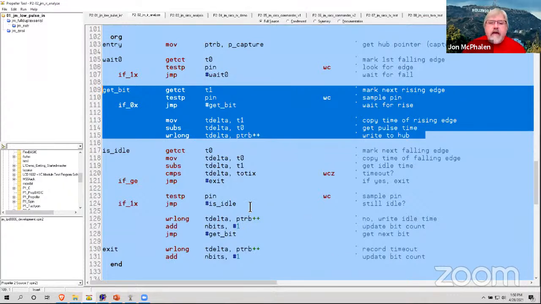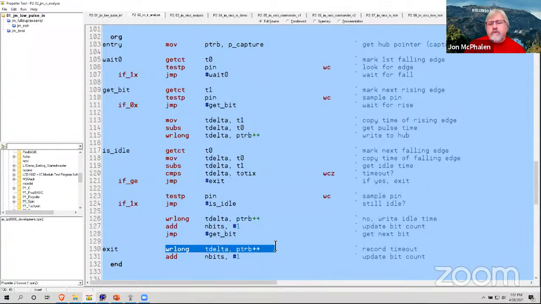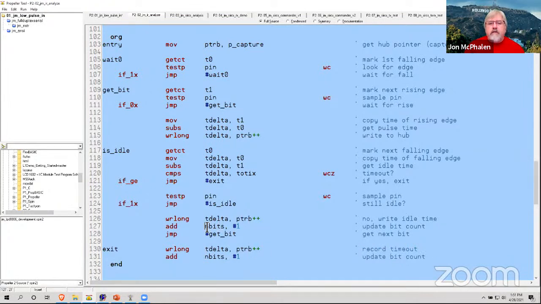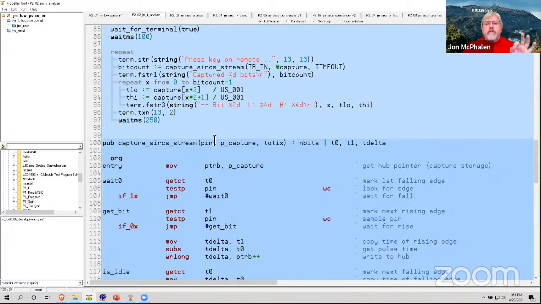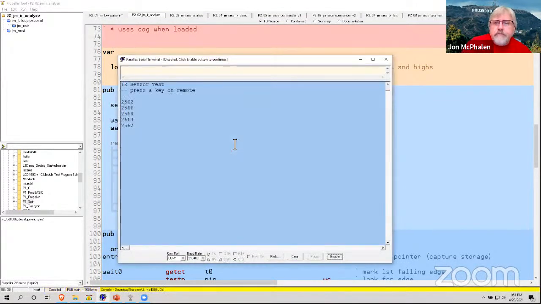And then you can see that right here, there's a comparison that says, hey, is the time that we've been idle greater than our timeout period? If it is, we jump to exit and we write that final value, which is going to be the timeout value, and away we're done. You'll also notice that we're adding the number of bits. We're counting the bits as we go. So this particular function returns the number of bits that it detected, and it saves them into this array that we passed to it. So if we look at this now,